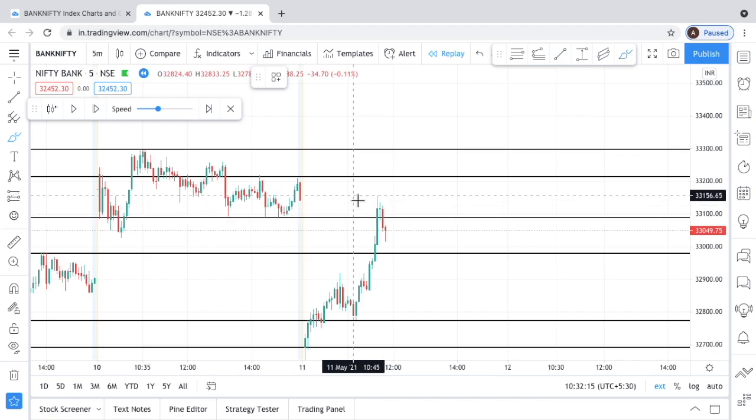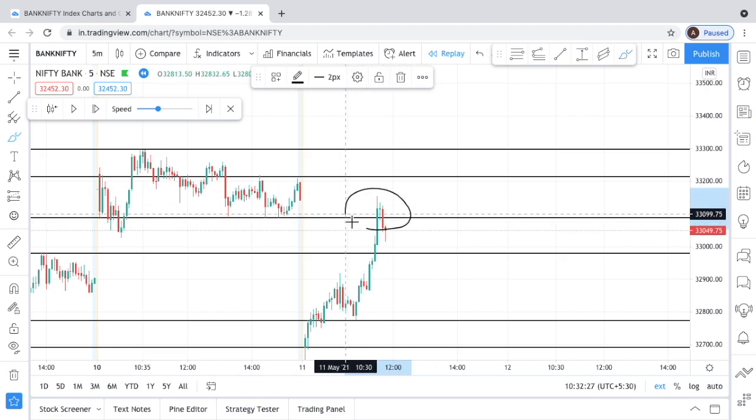See, I didn't book my profits right at the top. Nobody can do that unless probably you're the most precise person in the stock market. I didn't book my profits here, but I booked my profits after this red candle. And this price action looked like an evening star. So as mentioned, I'll be coming up with videos on the price action as well, the morning star, evening star and hammers. So this price action, which was like an evening star, a bearish price action, I booked my profits